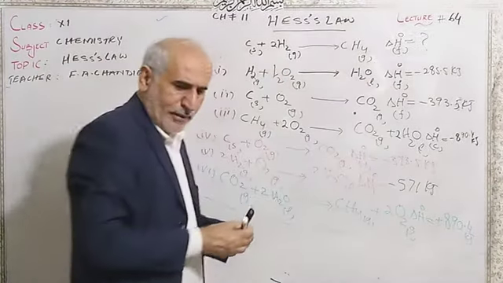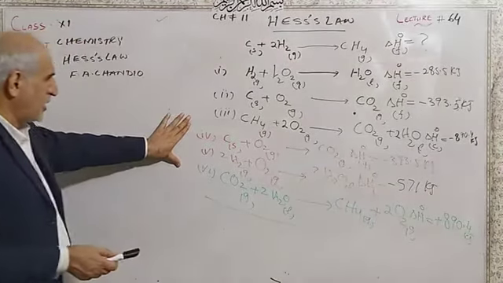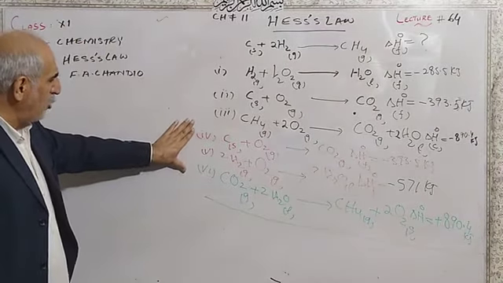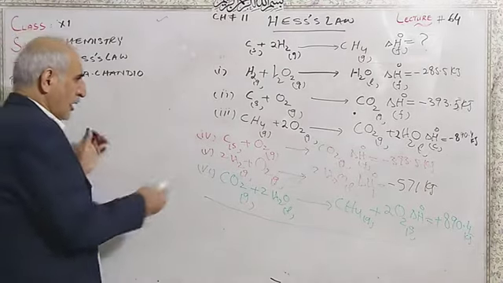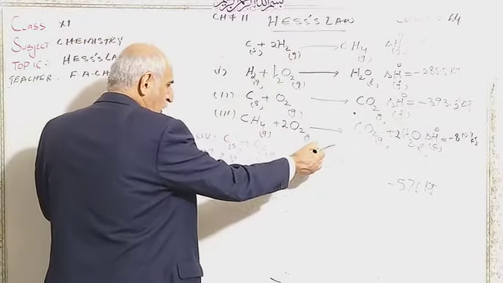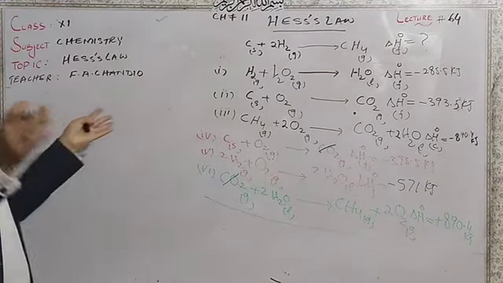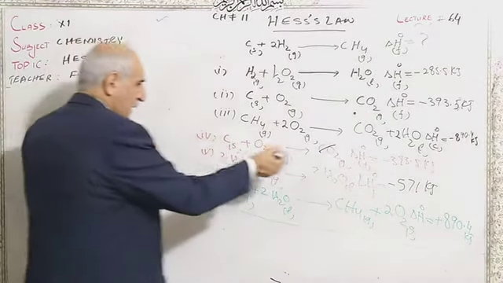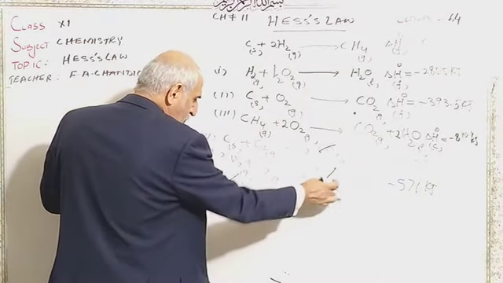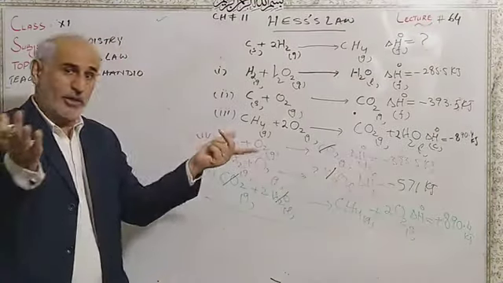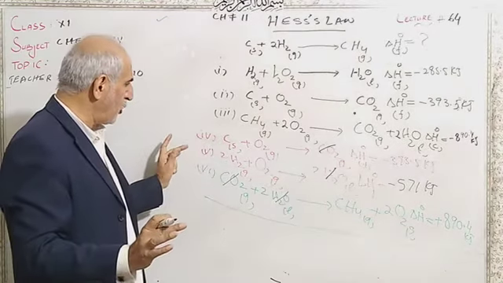Now I am going to add these three equations, in different colors so that you can see very well. I'm going to add equations 4, 5 and 6 together. So dear students, the carbon dioxide gas on the product side and reactant side is cancelled, same number of moles, on opposite sides they are cancelled out. 2 moles of water liquid and 2 moles of water liquid, you must write these states, gas and liquid. They will be cancelled out. No more water, no more